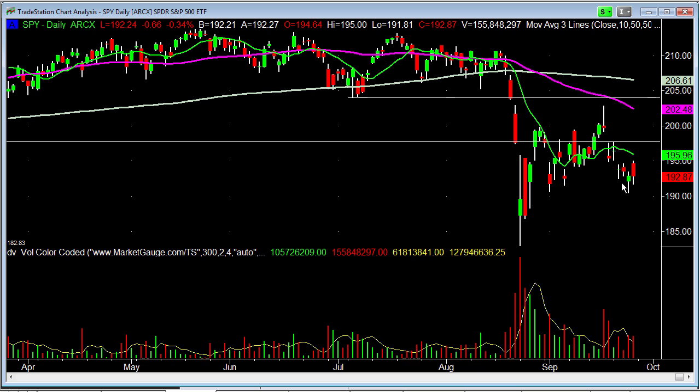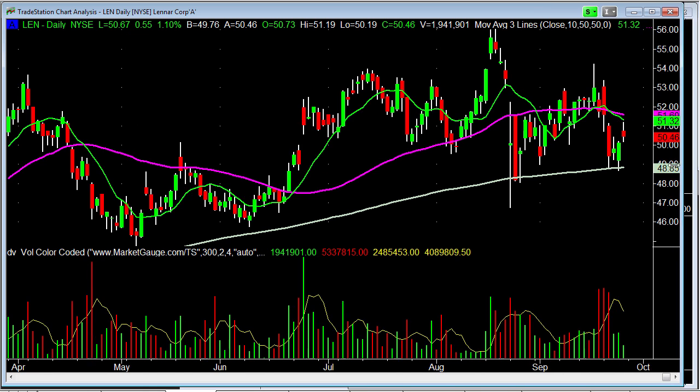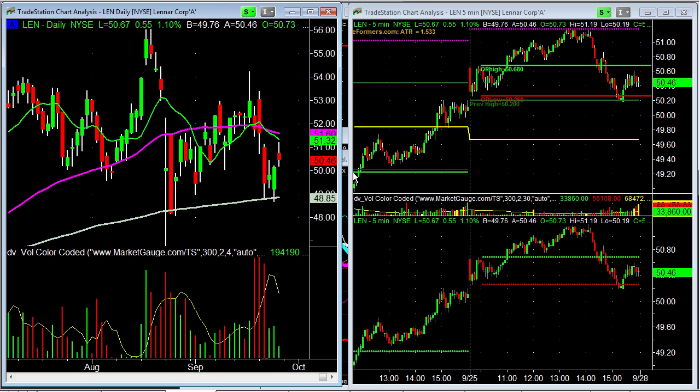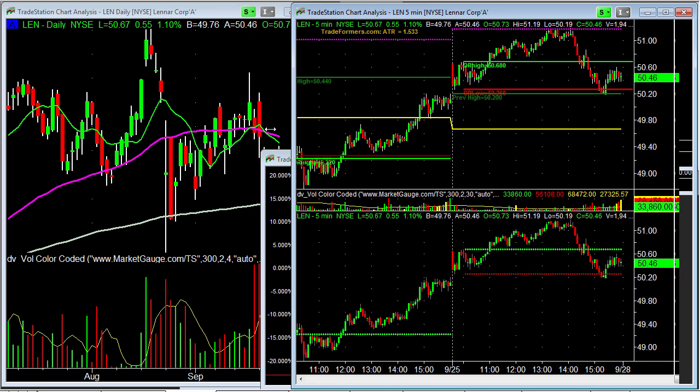But as the markets were falling apart, there was the ITB, which was holding pretty well, right where I would have expected. So I looked at Lennar, a big component of ITB. And Lennar, again, sitting right on this 200, was not breaking down. And then I used a tactic that I've talked to you about in these blogs and in some of the free webinars I've done about buying near the low of the day. And let's take a look at Lennar